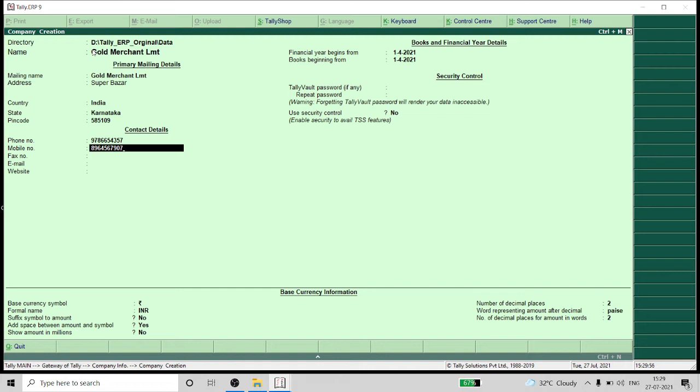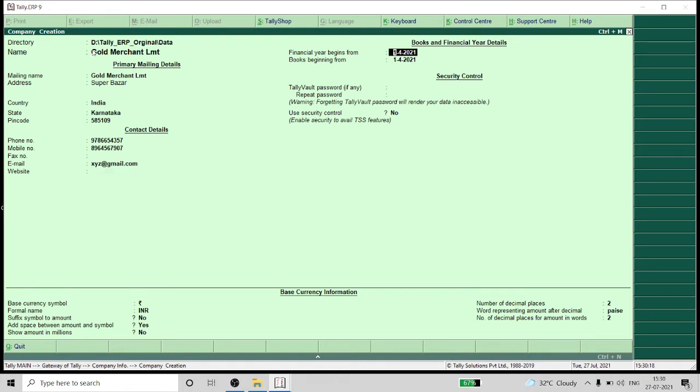Next, if you have a fax number, you just enter it. Next, it is asking for email ID.